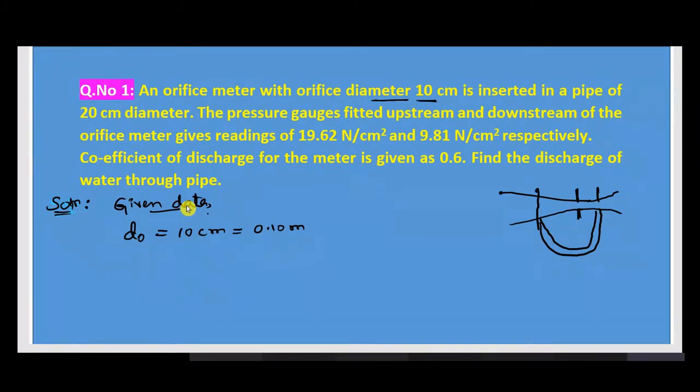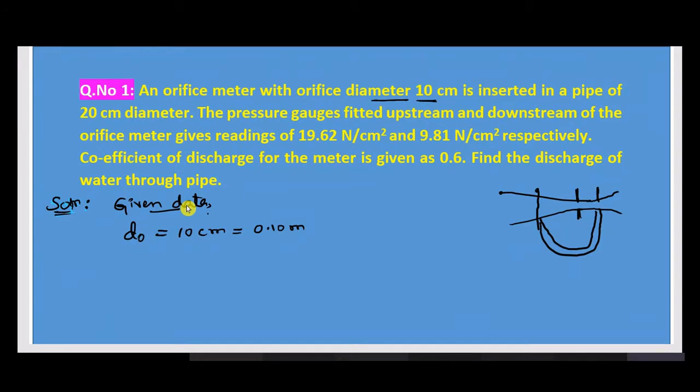We can use manometers or we can use pressure gauges also, depending upon the quantity of water which is flowing through the pipe. If you are measuring a huge quantity of water, huge discharge, you go for pressure gauges because the manometers will not sustain so much pressure. If you are measuring some low discharge, maybe in the laboratory, maybe in a small scale industry, or small diameter pipe, they will go for differential manometers.